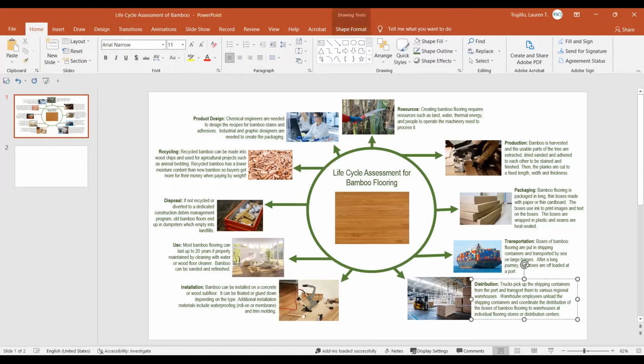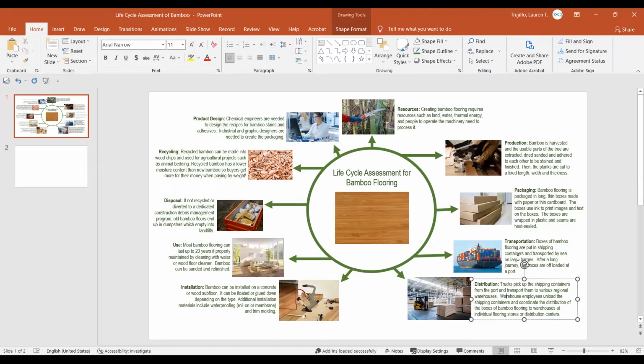Then I created a second text box, in the same way that I just showed you, but here I adjusted the size of the font and the font type, and I also adjusted the color to green as well. So what you can do is just copy and paste that text box around, as it aligns to the arrows, and that's how you're going to get that underlying structure to this page.